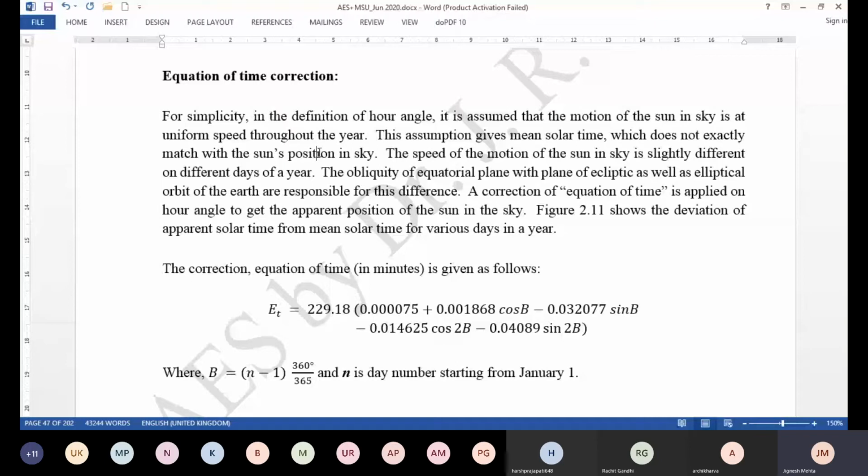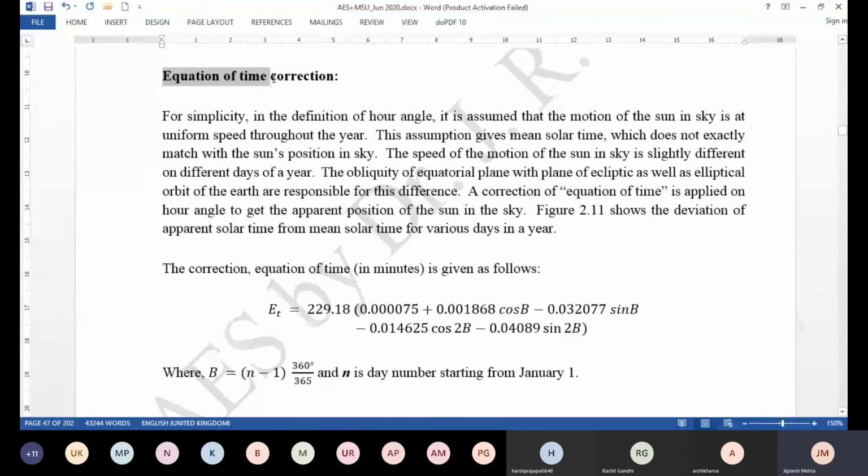But that is not the only thing that contributes to the time difference. That time difference does not remain constant throughout the year, and there is some deviation in it, even when you're talking about two given places, let's say Allahabad and Vadodara. So the time difference throughout the year is not the same, it varies. And that correction is made with the help of what is called the equation